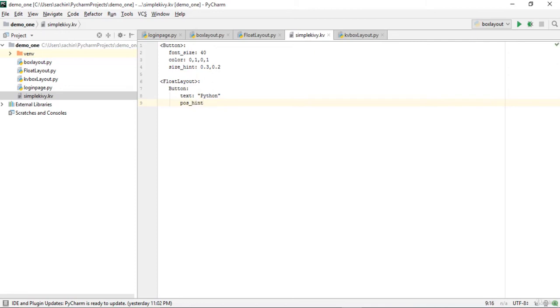So this is important. So position hint should be a dictionary, so let's pass this as a dictionary with the x and y element. So x element would be 0 here, and similarly the y element should also be 0 here. So let's put this down here, and it should be 0, and let's close this down.